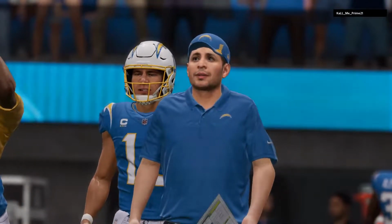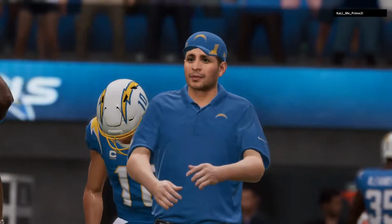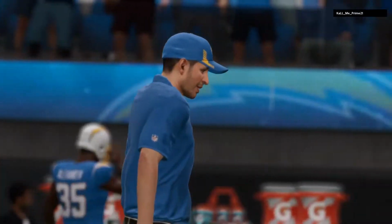A big offensive explosion helped leading them to victory, and the defensive guys, they're just saying, hey, put those points up every week, we'll just keep winning. They will gratefully